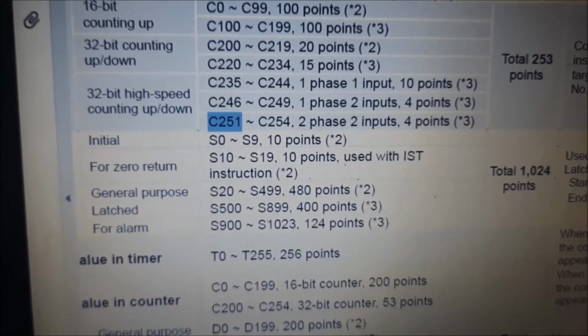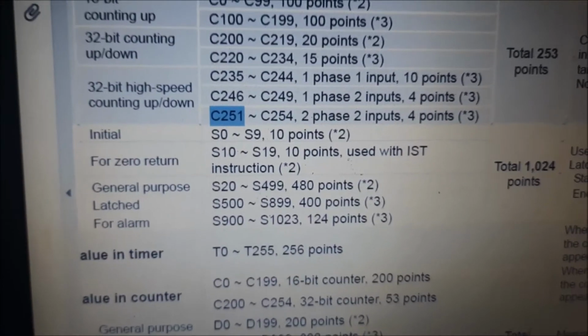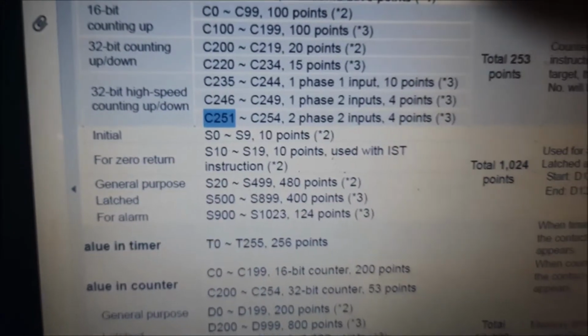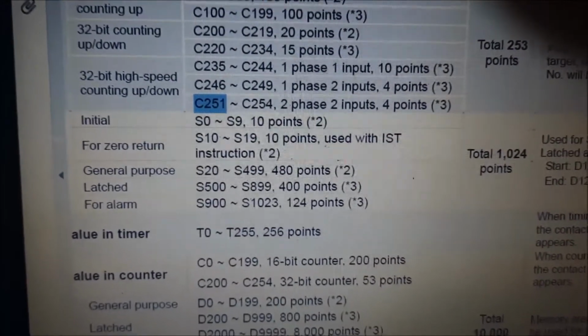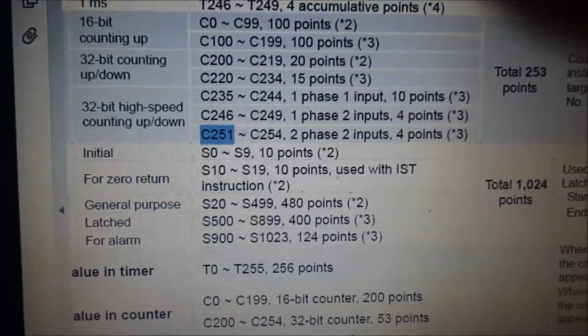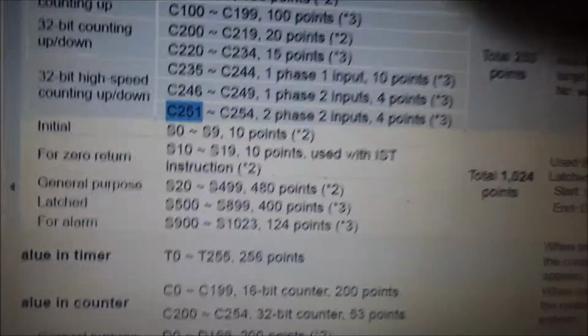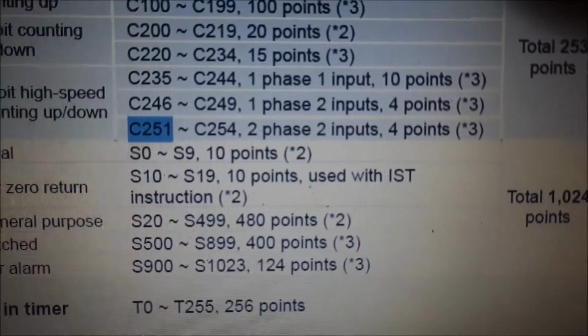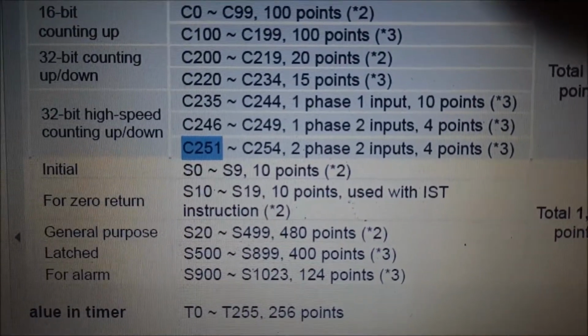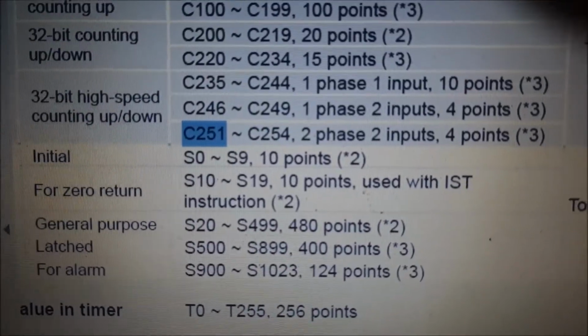So that is the double phase, and we have already seen the difference. In single phase C235 we are using only X0, that is A phase. So these are the high speed 32-bit counting up and down.